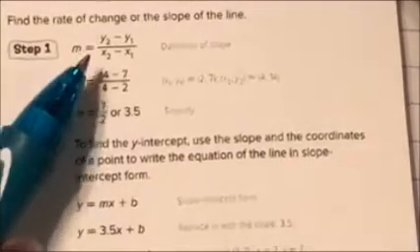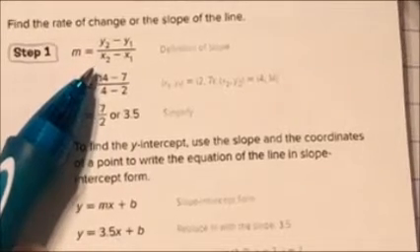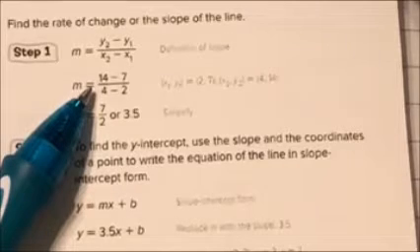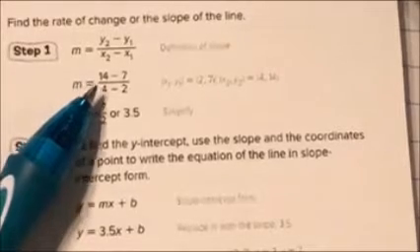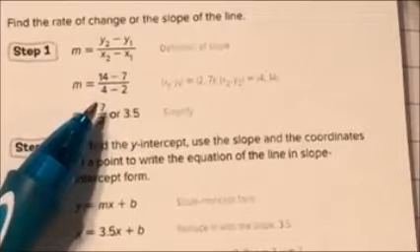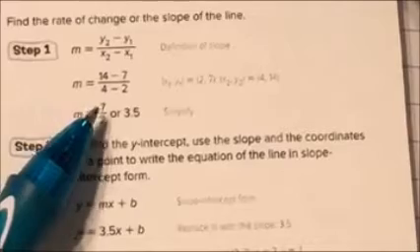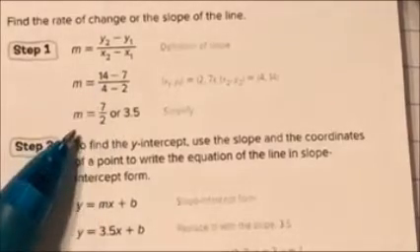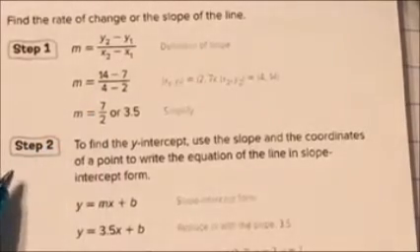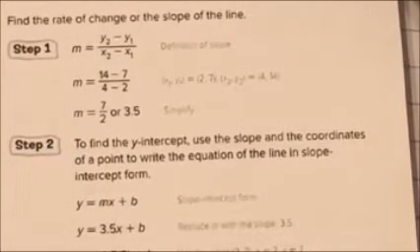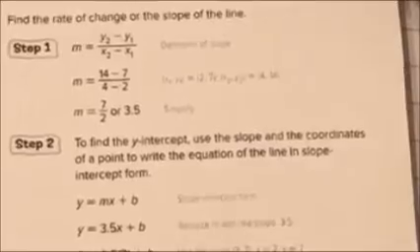Okay, so my slope is y2 minus y1 over x2 minus x1. So I take the y value of the 2 points I chose, 14 and 7. I subtract them. And the x values and subtract them. So I get 14 minus 7 is 7. 4 minus 2 is 2. So my rate of change is 7/2 or 3.5. Okay. Once I'm done with that,